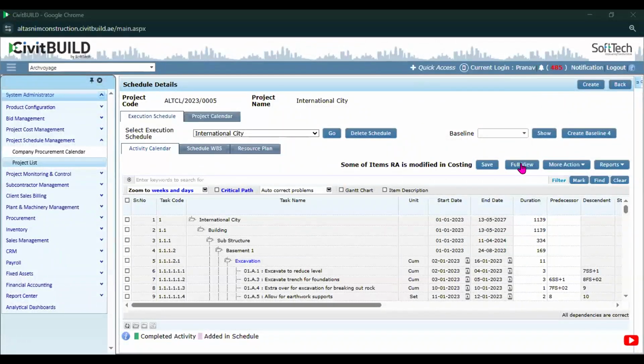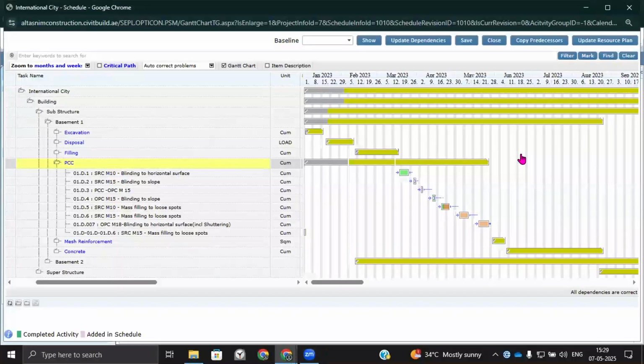As you can see here, Pranav, looks like your screen is frozen. Can you just refresh? Yeah, sure. Yes, please continue. Now it's visible. Yeah. So, like I was saying,